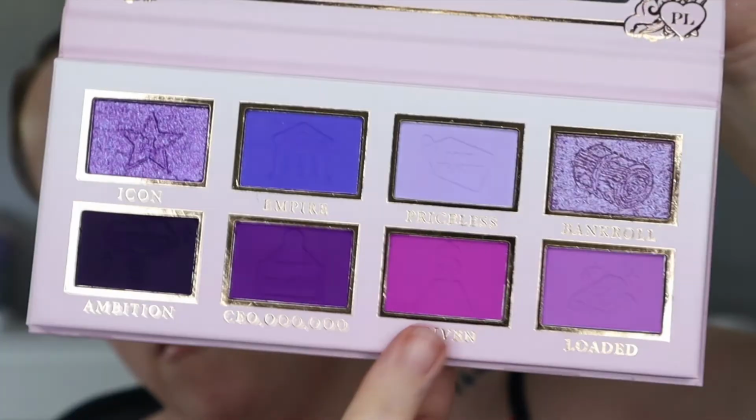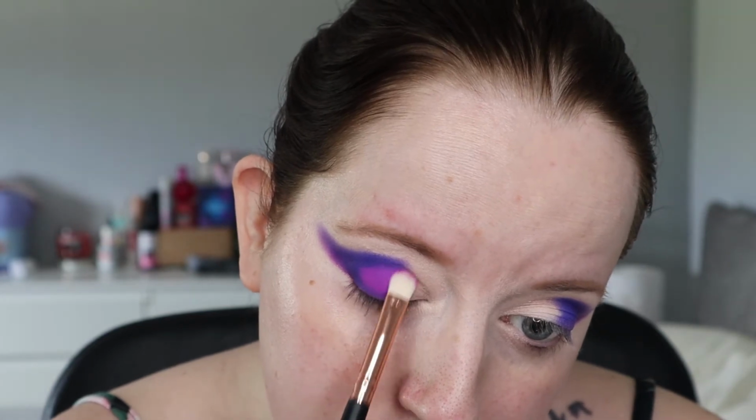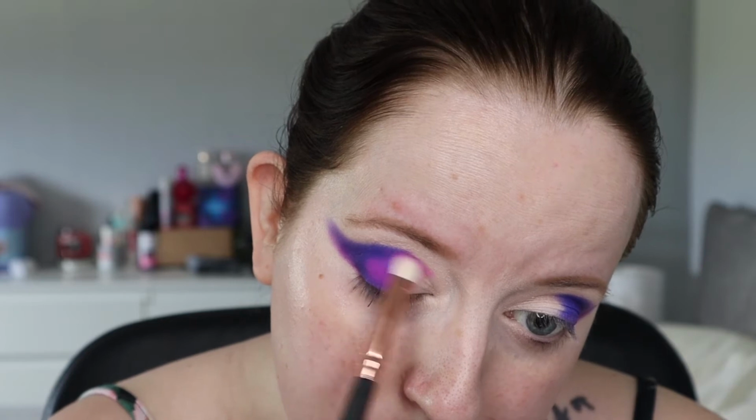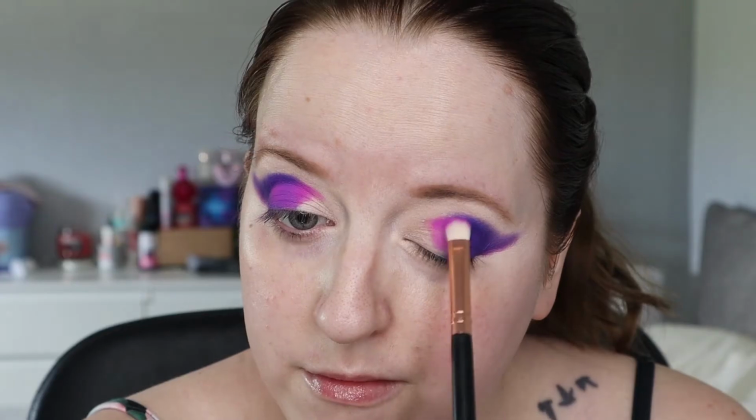This is the shade Driven, and it's more of a pinkish purple. Really nice though, so pigmented. And I was going to do a tie-dye kind of effect here, but as I was going along,